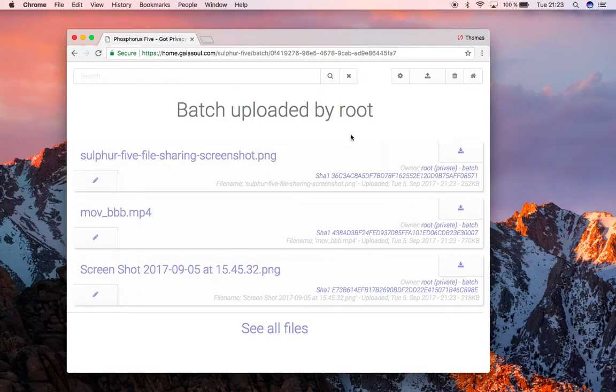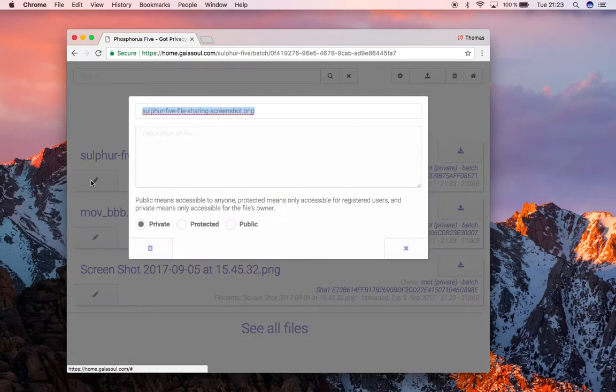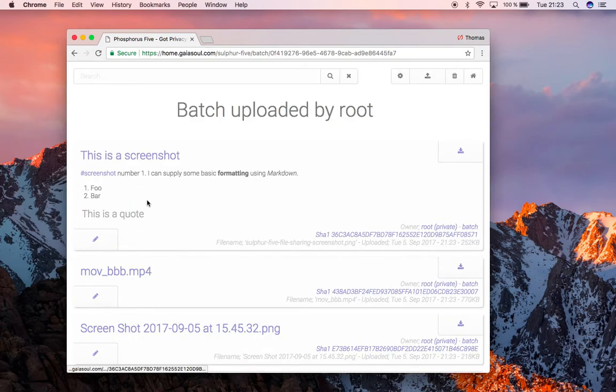Now when it's done uploading, it didn't accept all files because I had some of the files from before, by the way. Then I can edit my file. This is a screenshot. Then I can tag my file, screenshot number 1. And I can also use Markdown. I can supply some basic formatting using Markdown. 1 foo 2 bar. This is a quote. And there we go. As you can see here, it recognized my Markdown